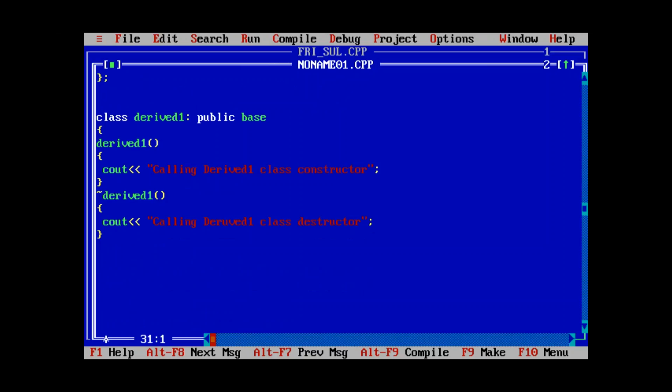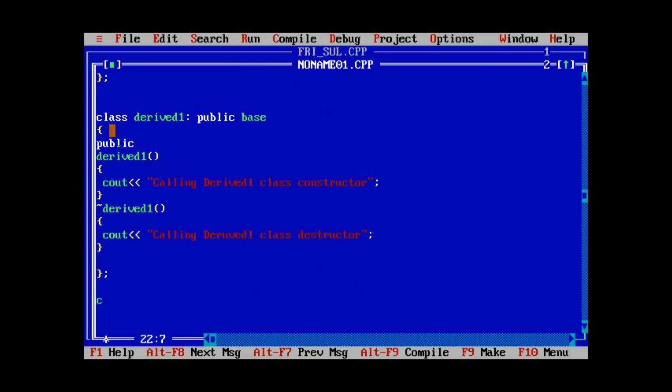Class, have we closed it or not? No, I guess, right? That should be okay. And again we have to declare public on this class derived one. Correct. I think I forgot. Yes. Correct. So class